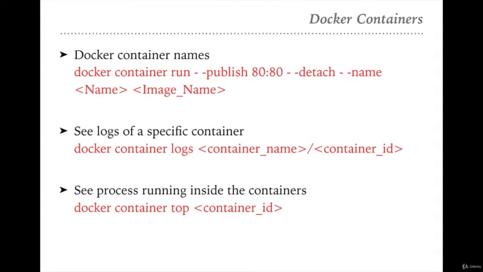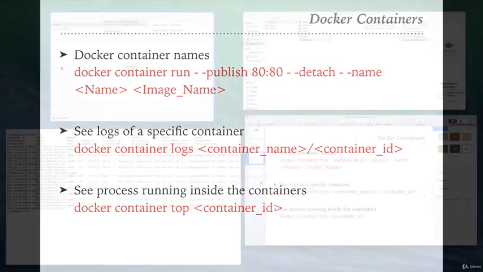A single container in Docker can execute multiple processes as per the architecture of the application. So the nginx architecture is basically a master and worker architecture. In nginx, you will always find one master and one or two workers, right? So we will execute the command to get the running processes inside the container: docker container top, then the container ID. So let's execute this command.